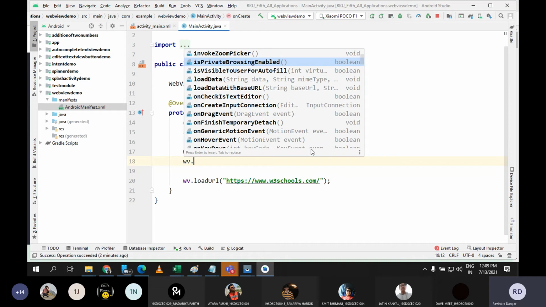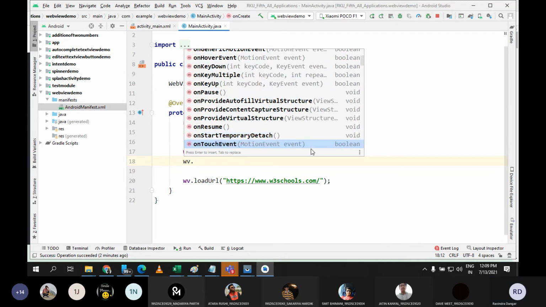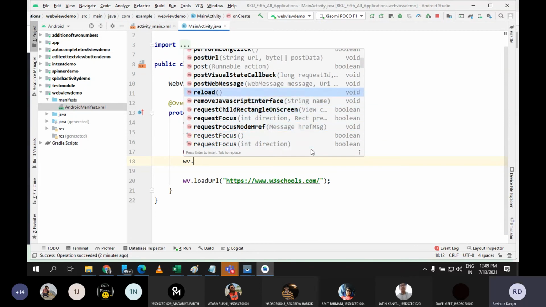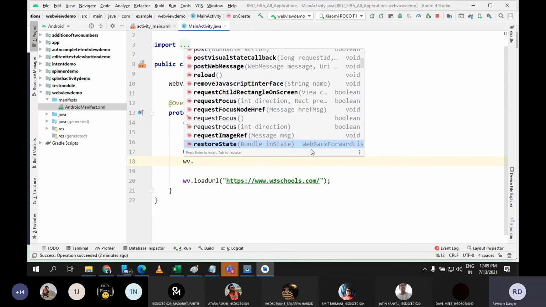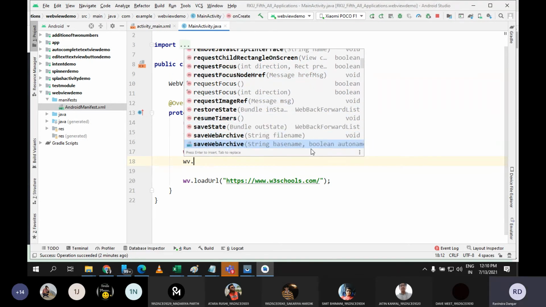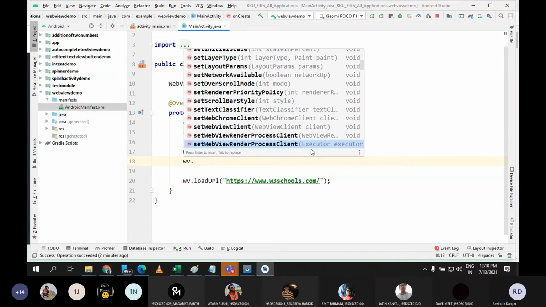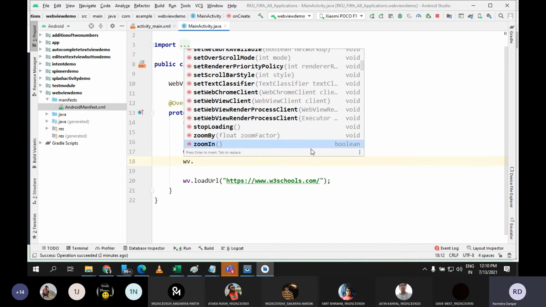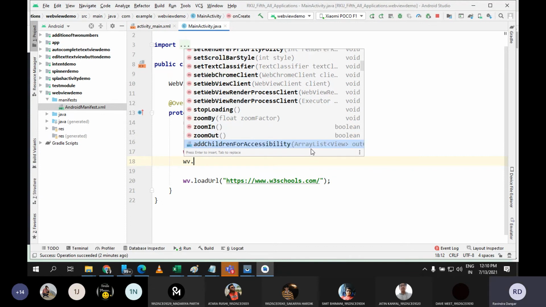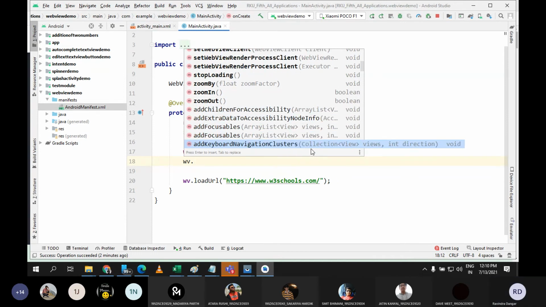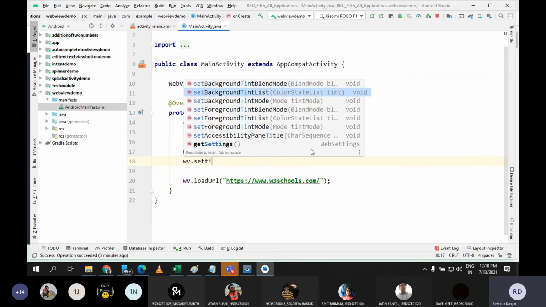What was the method? I don't know. I think inside the settings it was something. Let me. Yeah, I think getSettings is there.